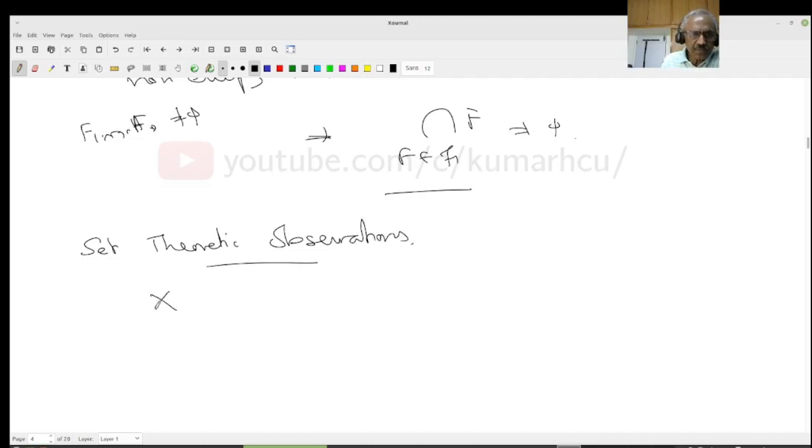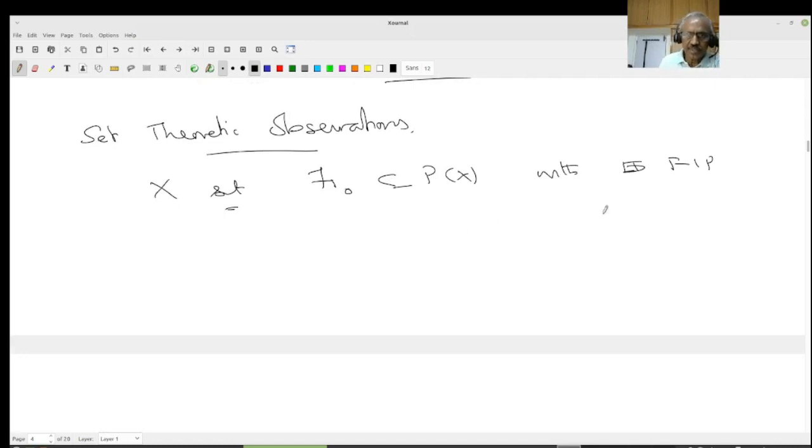First, suppose X is any set, and F naught is a family of subsets with the finite intersection property. Notice that this is just any set, therefore nothing to do with closed or anything. Then the first thing is there exists F, contained in P of X, with the following properties such that